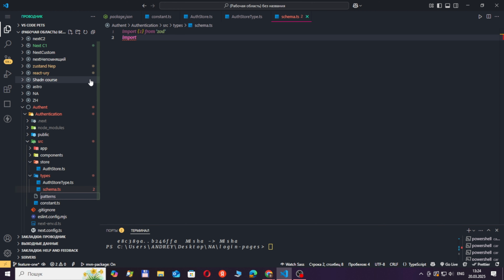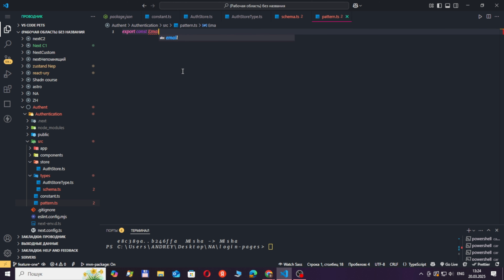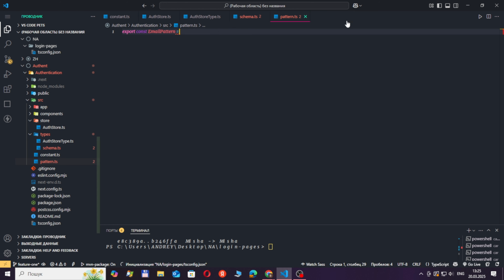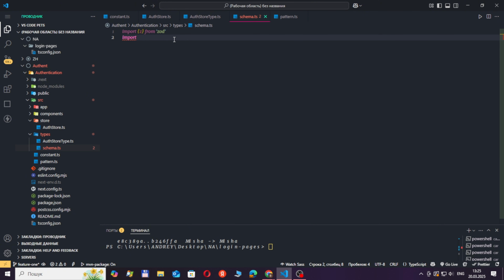We create a pattern file where we will check for correctness of email. Then we import this pattern into our created schema file. We export the created variable signupSchema, and it will contain a Zod object which will contain a name